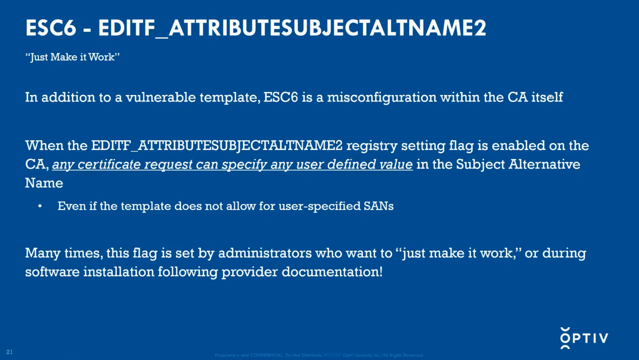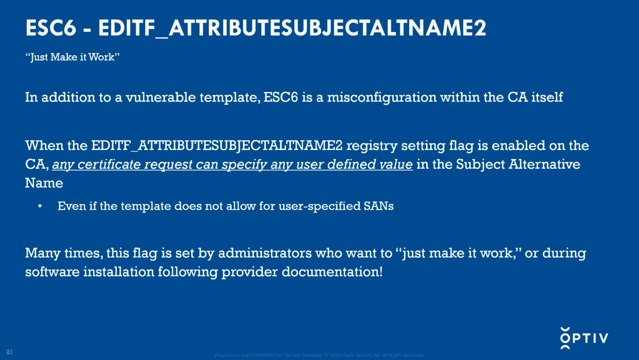Okay, so the next ESC that we wanted to go over is what's known as ESC6, and it's that mouthful of a name, EDITF_ATTRIBUTESUBJECTALTNAME2. So it's easier to say it's the "just make it work" setting. So in addition to what we discussed previously with the vulnerable prerequisites, ESC6 is a misconfiguration at the CA